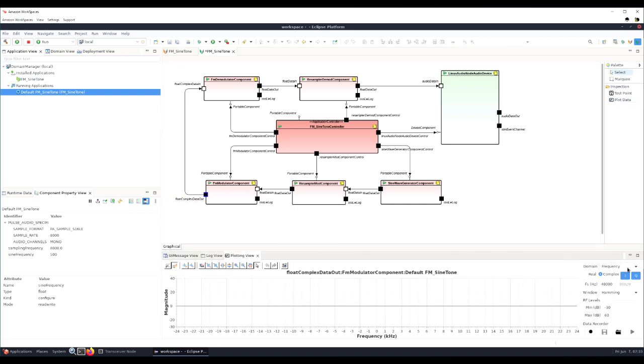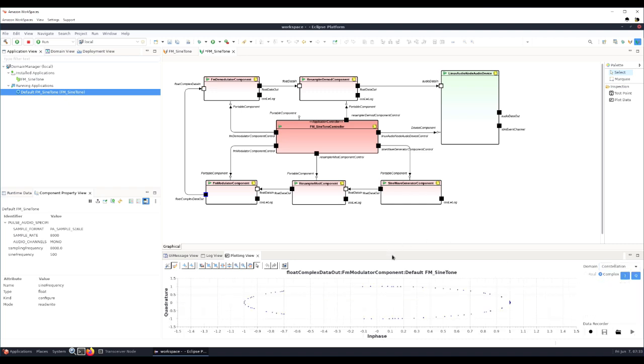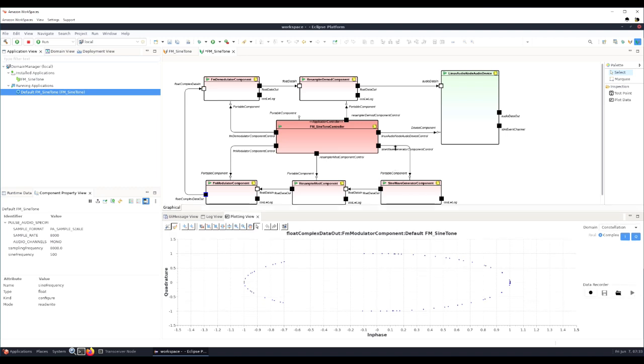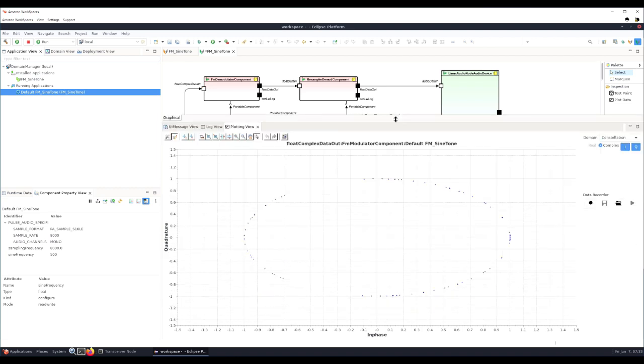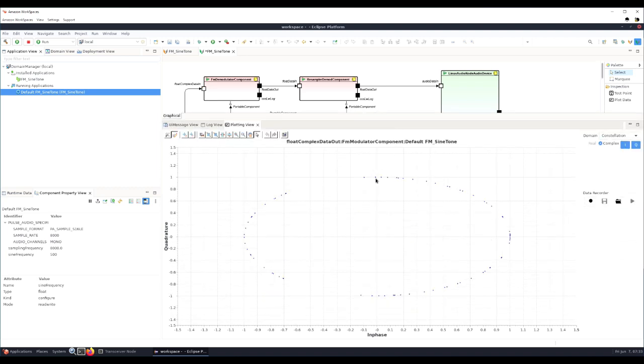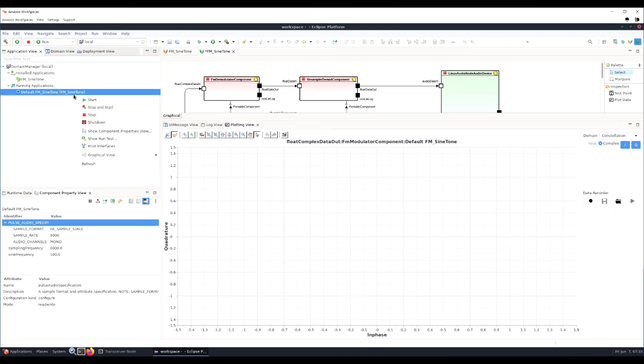Let's plot the constellation view, which for FM should be a circle of radius 1. And here it is. We can now stop the demo and uninstall the application.